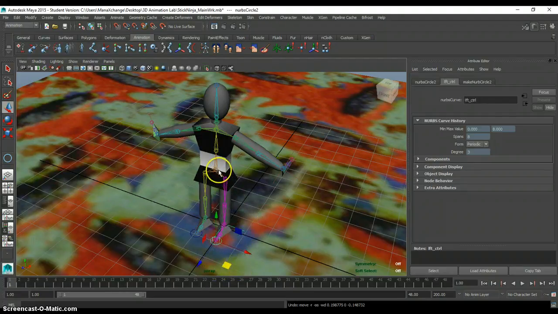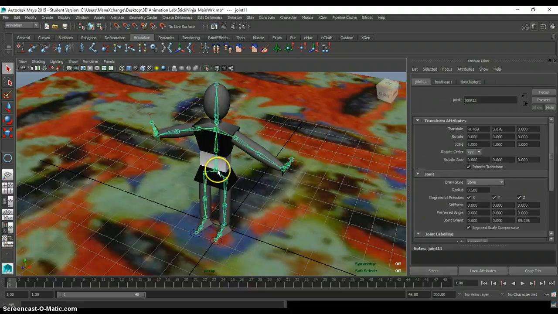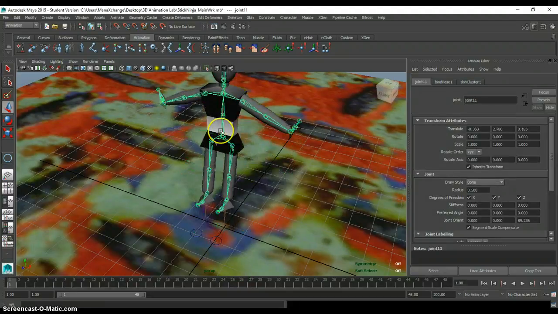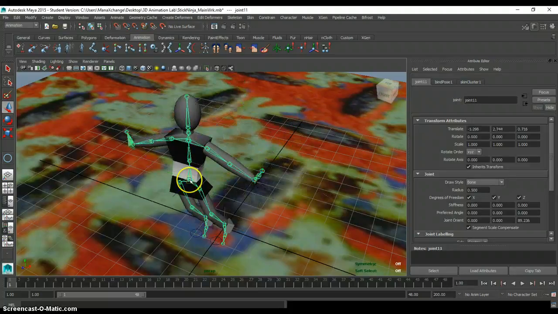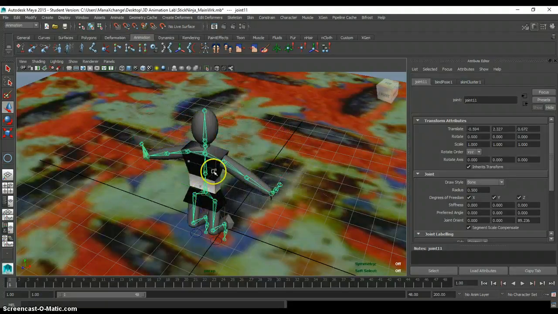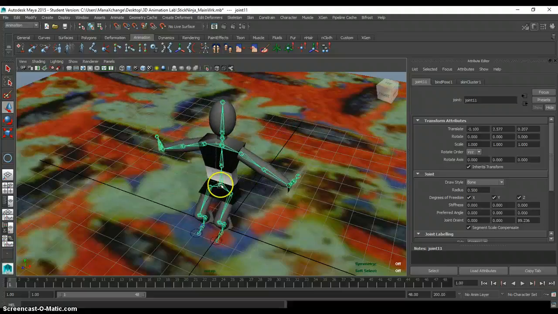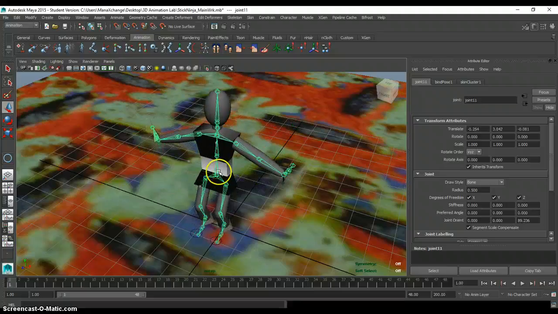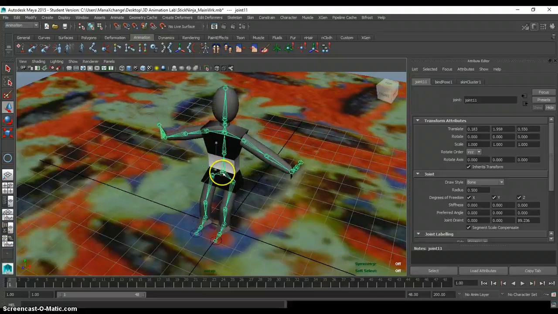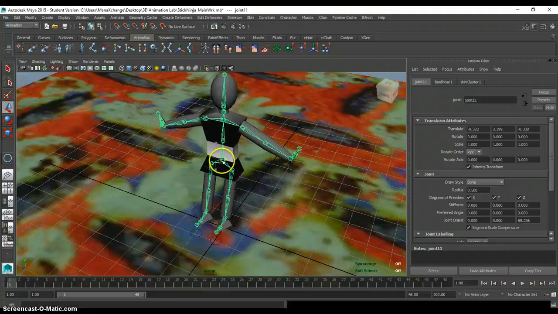Now we're going to come in here. We're going to grab this point right here. We're going to move this point around. Boom. Boom. Boom. He's jumping. See? So these little sticky points help you in the game, if you're playing a game, or help